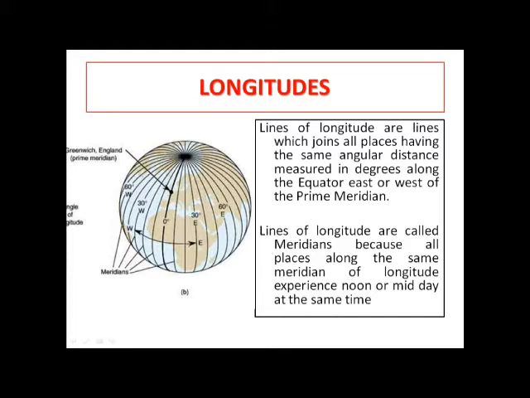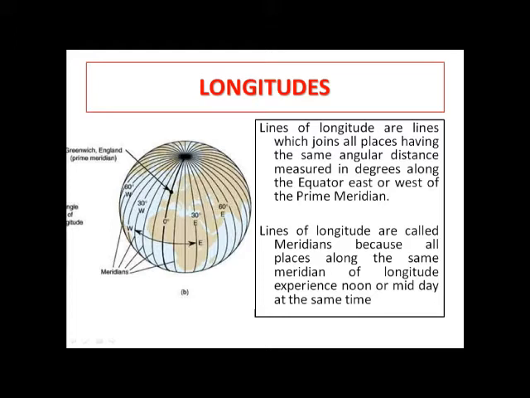The longitude of a point is actually the angular distance east or west of the Greenwich meridian. For example, if we consider a point C at a distance of 60 degree east of Greenwich meridian, the longitude of C is going to be 60 degree east. The Greenwich meridian is numbered as 0 degree, and from there the longitudes are measured from 0 to 180